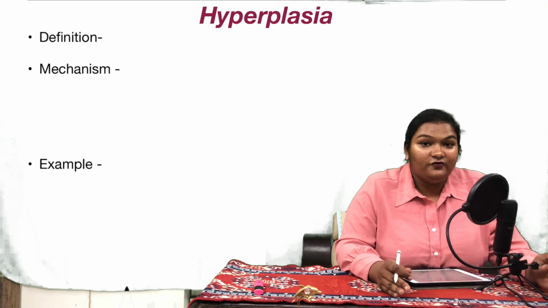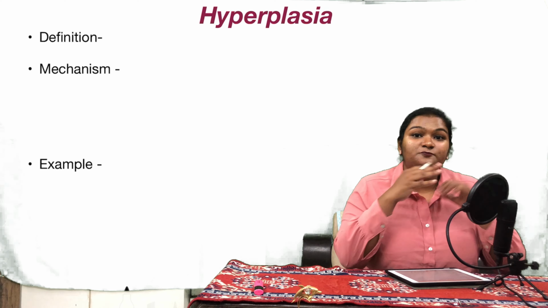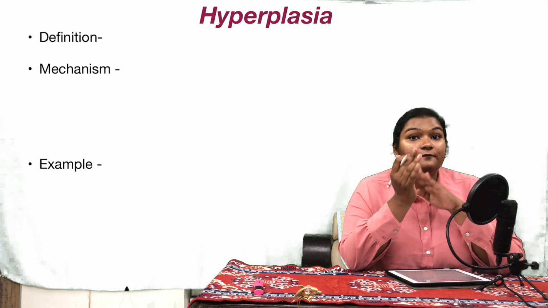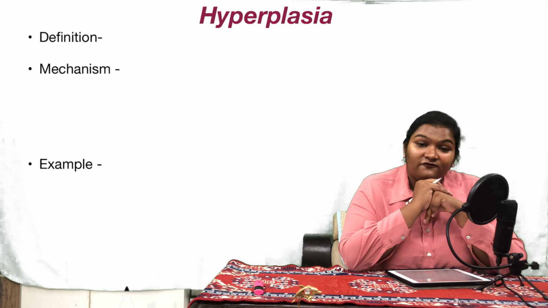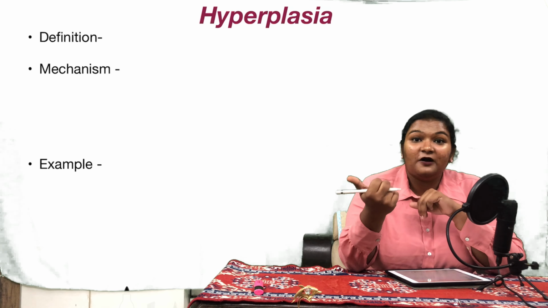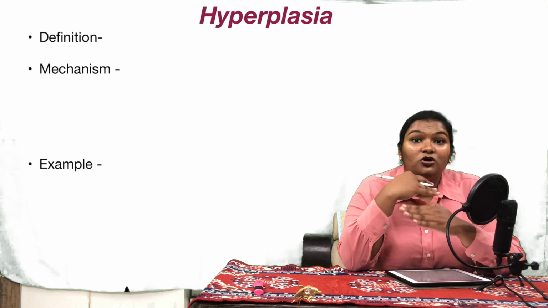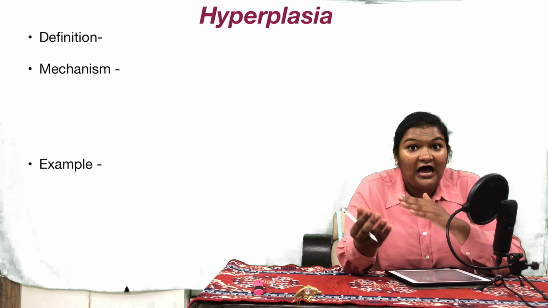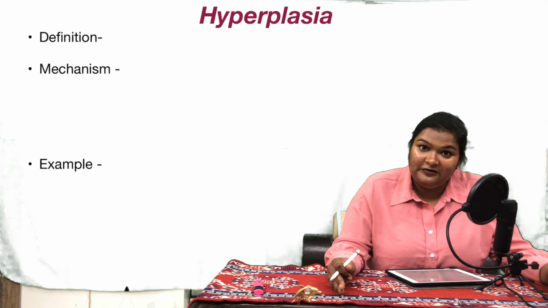Medicos, let us move towards part 3 of chapter 1, cell injury and adaptation. In this part 3, we are going to see about hyperplasia and hypertrophy. There are already 2 parts on this first chapter available. In the first part we saw the cell response to different types of stimulus. Then we saw what you understand by cell adaptation and hypertrophy. And here in part 3, we are going to learn about hyperplasia and